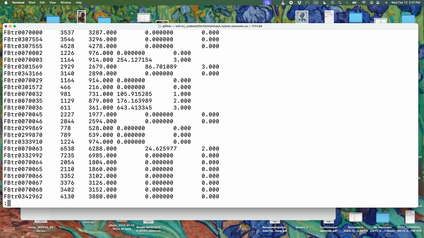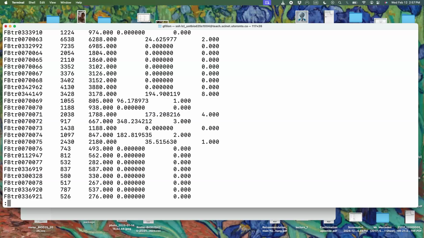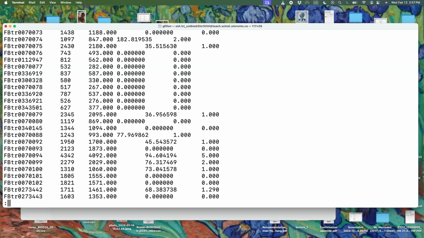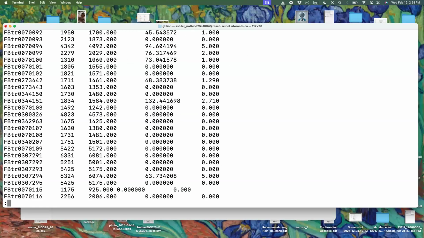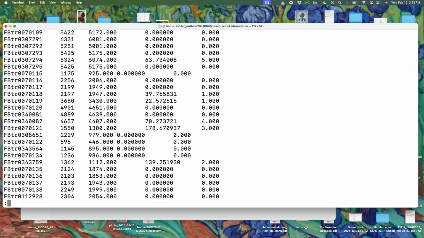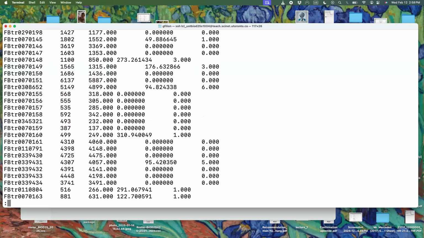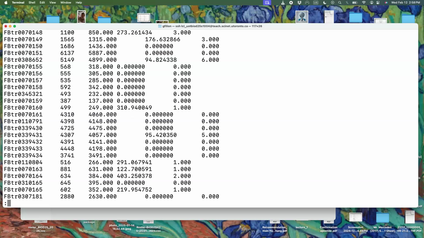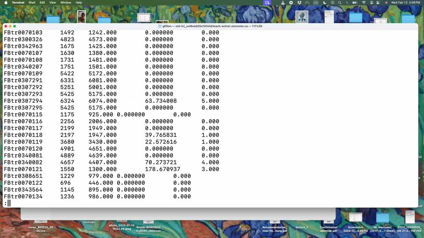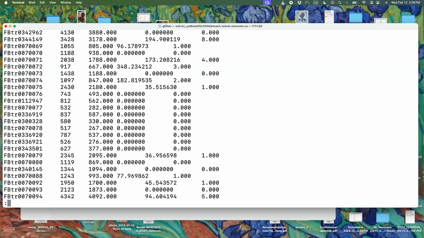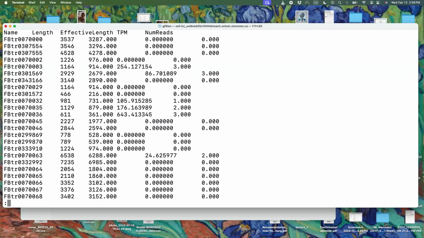As usual with less, I can scroll down with the down arrow, and I see there are many transcripts that correspond to many genes, and many reads that correspond to their expression. I can scroll down for a long, long time. There's really a lot of them, and there's not a lot that I can learn by just scrolling down, but just to show you, a lot has happened really fast in the background, thanks to super powerful tools like Salmon. First, we index the transcriptome, and second, we quantify an experiment, and that tells us that gene, whatever it is here, is expressed at that level,